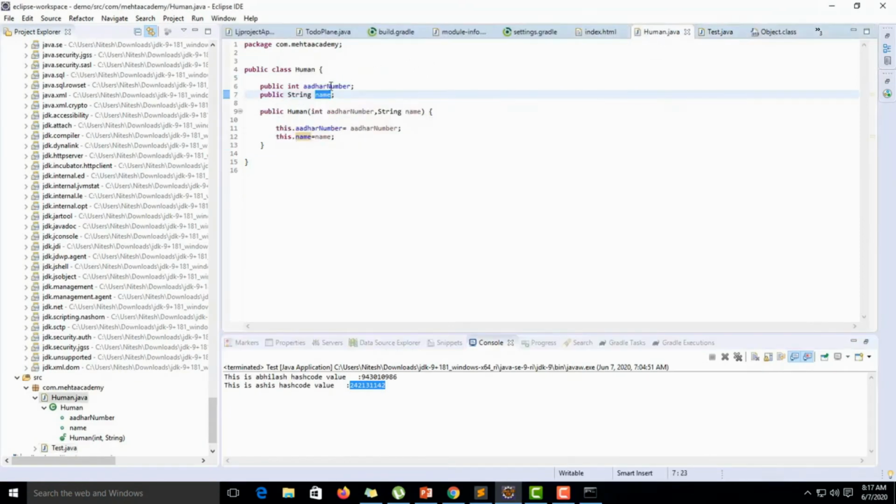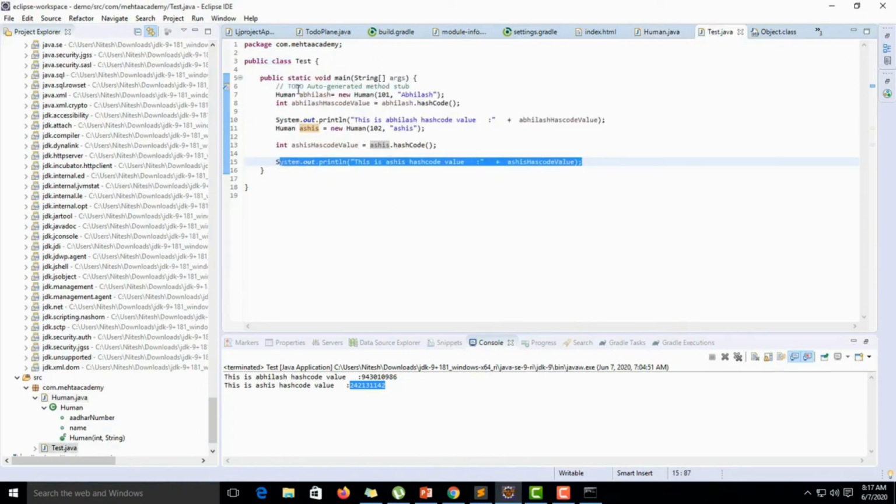Here I have a class Human, and I have created some properties: Aadhaar number and name. Now we are creating another class, Test, and we are creating two objects: one is Abhilash and one is Ashish. Now we are printing the hash code of both objects.